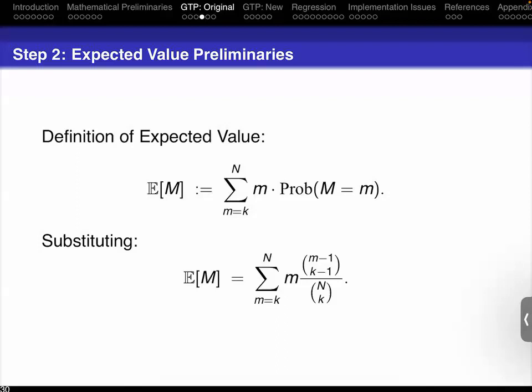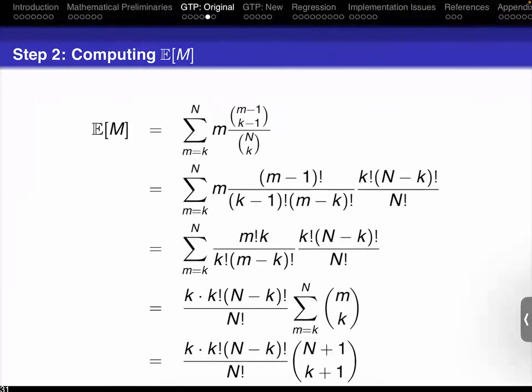So sums in general are very hard to evaluate. What is m minus 1 choose k minus 1? My binomial coefficient. What's m minus 1 choose k minus 1? It's going to be m minus 1 factorial divided by k minus 1 factorial, m minus 1 minus k minus 1, that's going to be m minus k factorial. I've got an m minus 1 factorial and I've got an m over here. The m wants to just come on over. So the solution is to expand out the m minus 1 choose k minus 1.